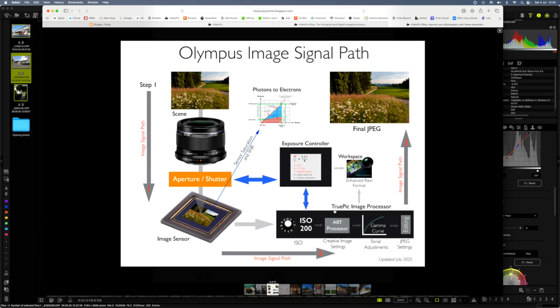Then we're going to look at the image creation process. The image is not created here, the image is captured, so the data is captured by the sensor. Photons to electron conversion, the data package is sent off to the processor, and the processor is creating the image. This is important because there are three very interesting options today in the market.